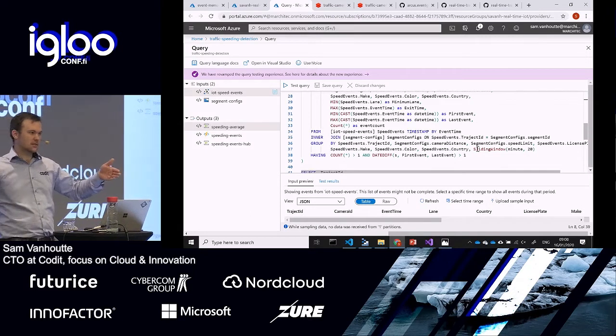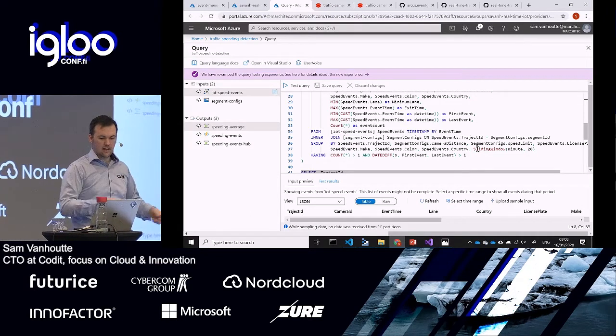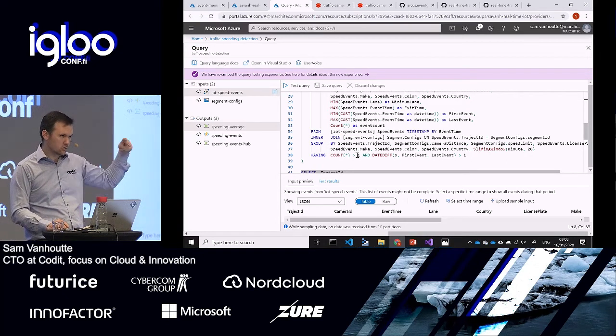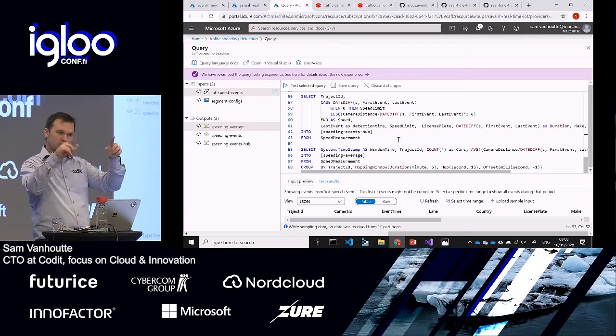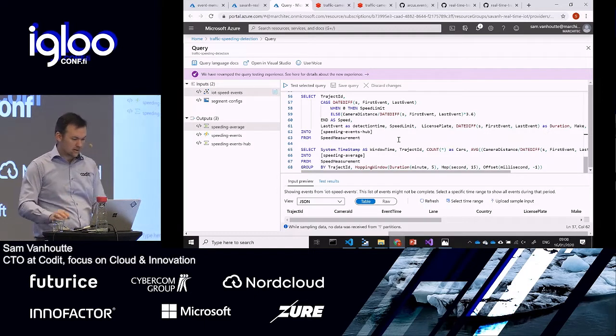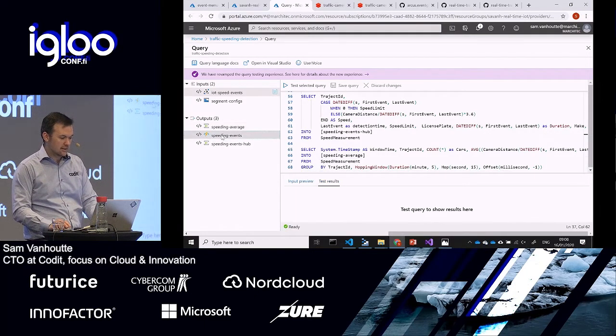So I keep 20 minutes of things in memory in stream analytics, and if I see 2 events from the same car, because it's grouped by the license plate, with a date difference that is smaller than the allowed amount, then I will output, in this case, to speeding events. And as you can see, this is a function.